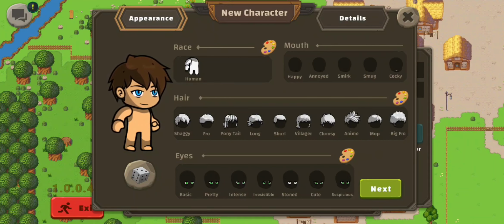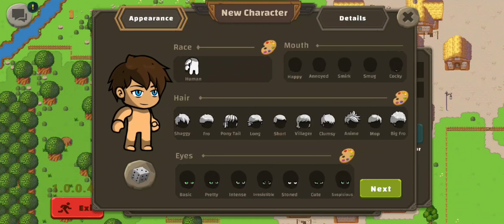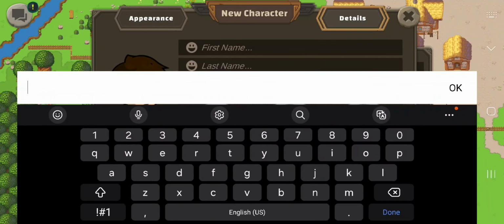I'm for sure going to want to create my first character. If I do close this, I can get back to here, but without any character created, I can't enter the world. And as with all the other UIs, the button is disabled until a valid character has been provided. So if I go in here and I create a character,